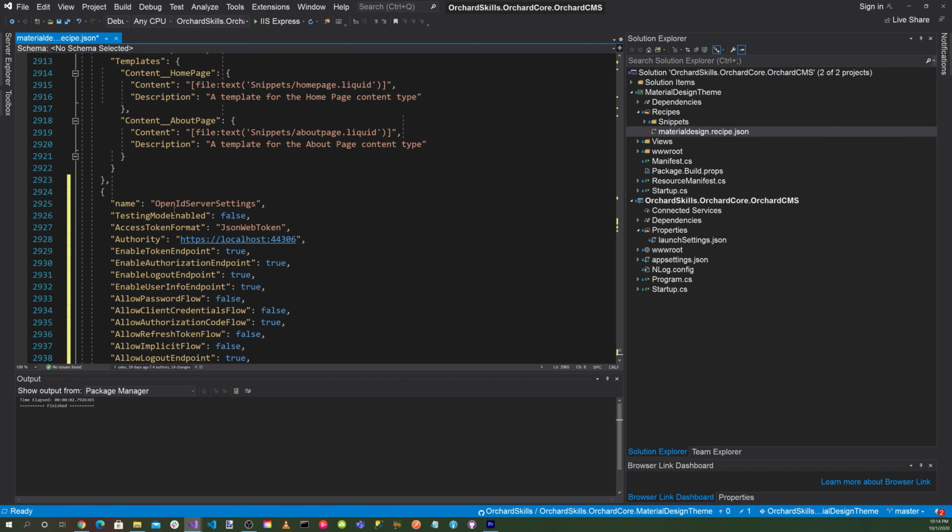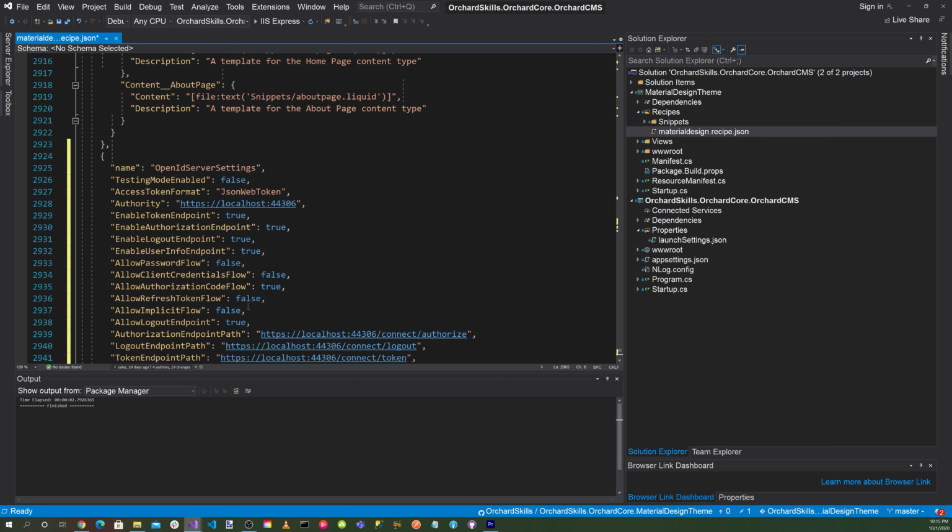So we want to specify OpenID server settings: test mode enabled false, access token format JSON web token. Authority is the location of our server, which is localhost 44307. Enable token endpoint true, enable authorization endpoint true, enable logout endpoint true, enable user info endpoint true, allow password flow false, allow client credential flow false, allow authorization code flow true, allow refresh token flow false, allow implicit flow false,